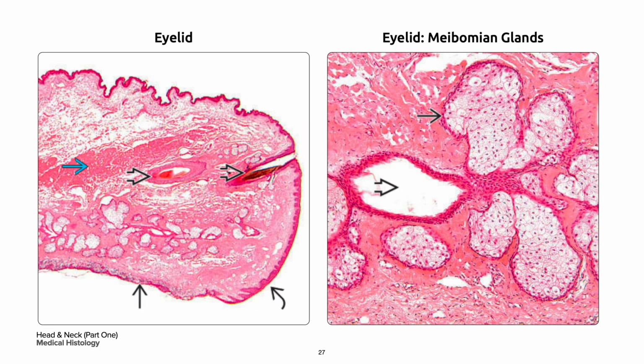On your left is the section of the eyelid which demonstrates the palpebral conjunctiva in single black arrow merging with the epidermis of the anterior eyelid in curved black arrow. The eyelid contains many structures including the orbicularis muscle in single blue arrow, glands and cilia, which are the eyelashes,